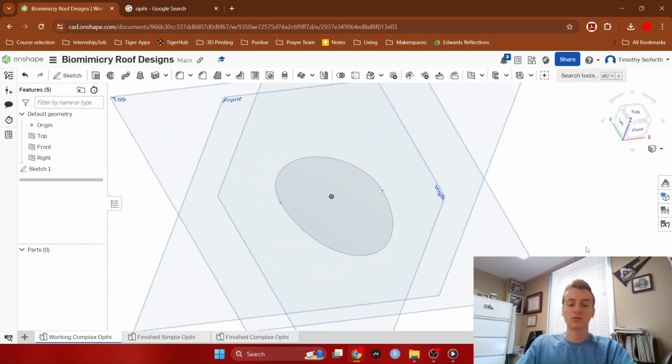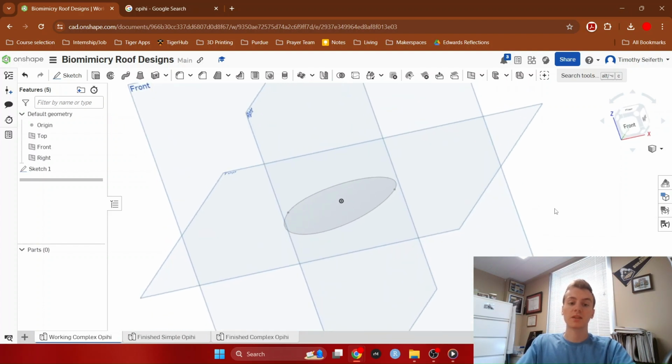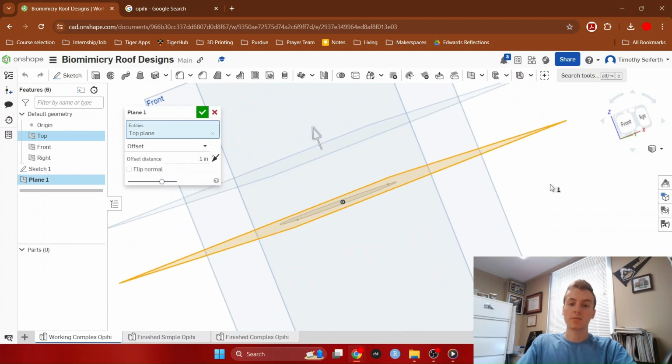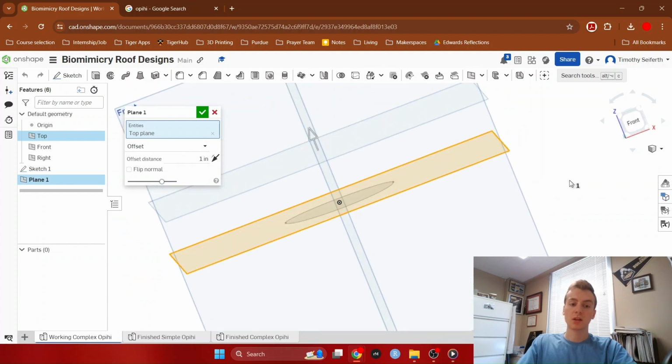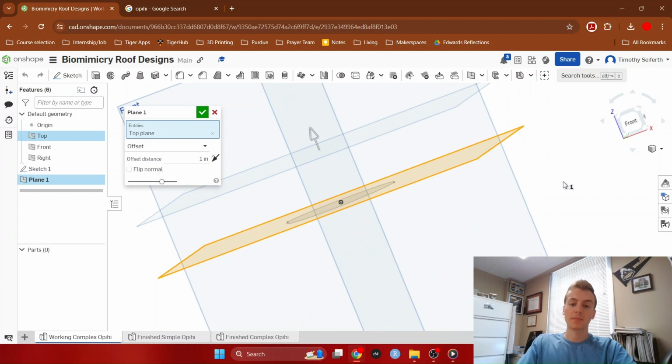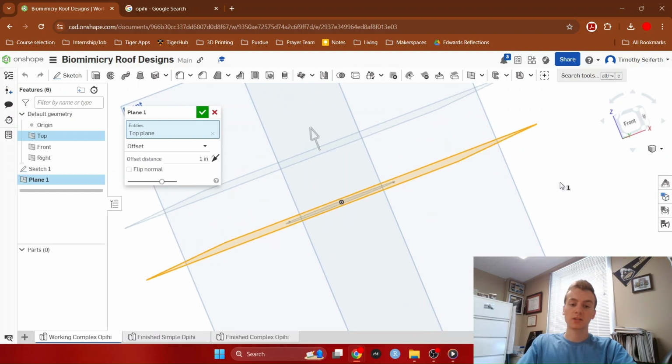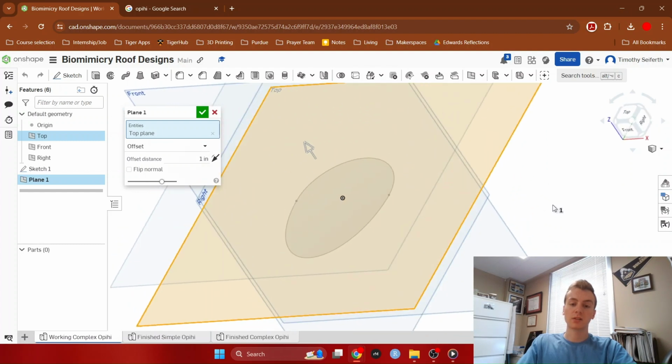Now we're going to create the point that we will use with our loft function and go from our base up to the point. In order to do that, we need a second plane that is offset from our first plane. So click top, click this plane here, and then it automatically makes it 1 inch up. And that looks good to me. We do want it to be 1 inch since our radius is 1 inch. So click check,